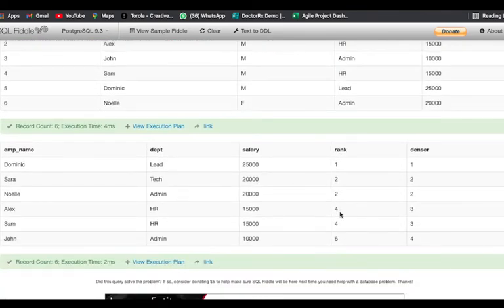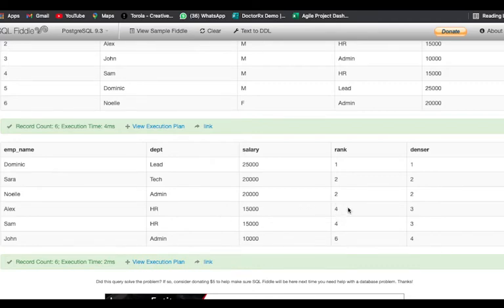Now, if you see the rank, when we got the rank according to highest salaries, the second rank has been repeated twice because we have the same values in those rows. But in the rank column, 3 has been skipped, and directly the fourth row has been appointed the rank 4.